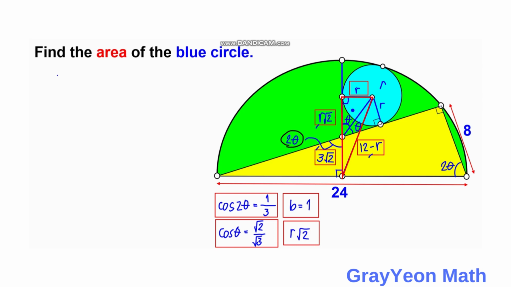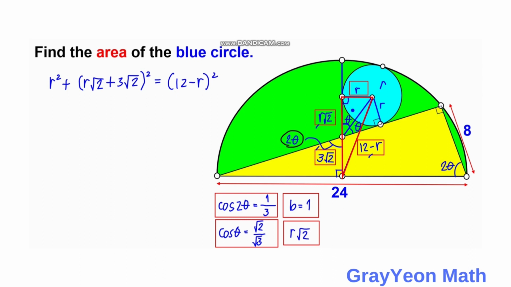So we have R squared for the shorter leg plus the quantity R square root of 2 plus 3 square root of 2, and we need to square this, is equal to 12 minus R